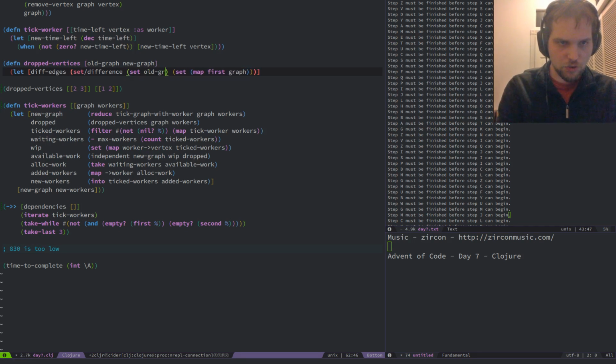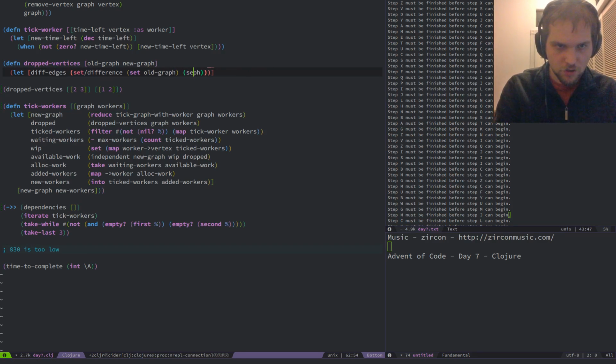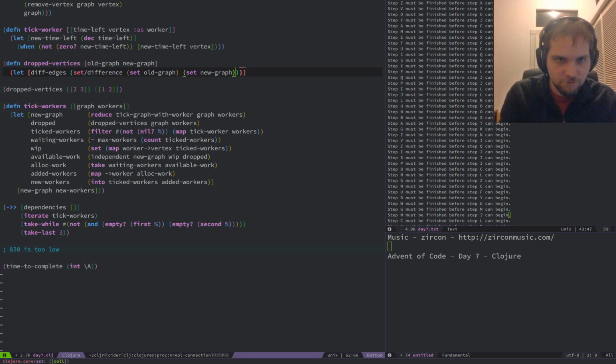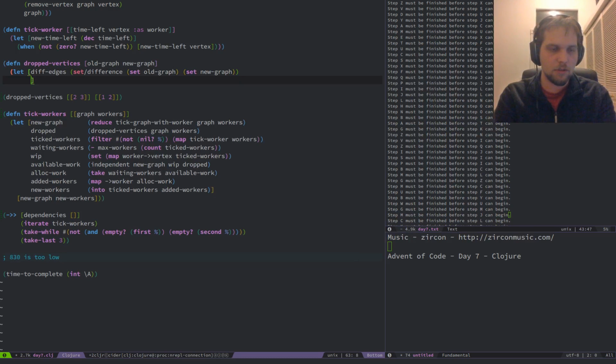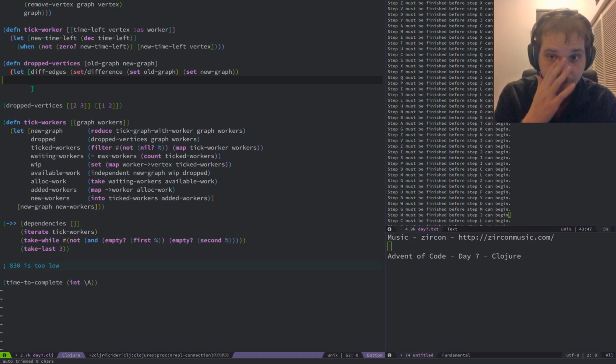Set old graph, set of the new graph. So we're just going to take all the edges that were removed, and we're going to examine them.